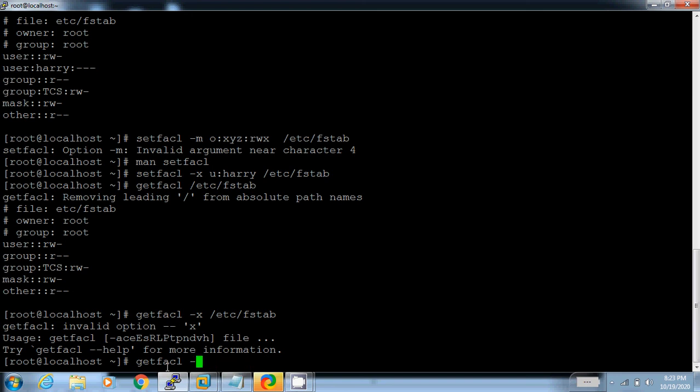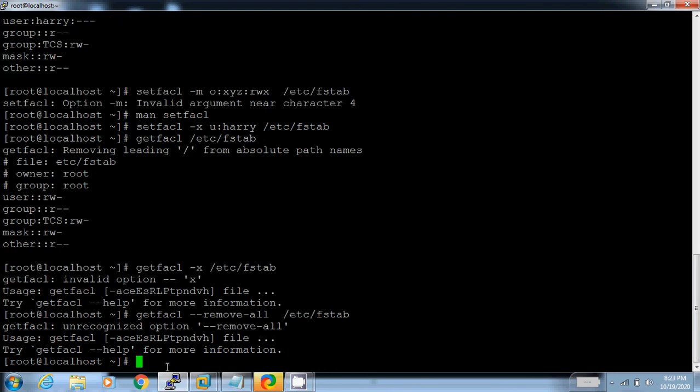Then the command may be setfacl remove all /etc/fstab. The command is not working, so I will remove the ACL with the help of x. setfacl -x g, and the group name is TCS, and the file location is fstab.